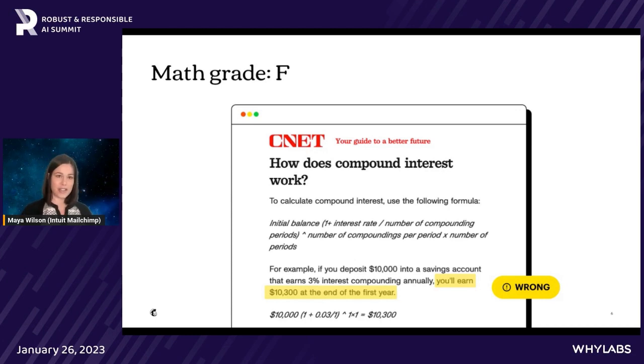CNET, this is a true screenshot, got in trouble last week because they wrote about 75 articles using GPT-3 and they weren't adequately fact checked before they went out. In this one article that was relatively short, there were 5 meaningful inaccuracies. One of them is highlighted here. And while I kind of doubt anyone went bankrupt thinking that they would truly more than double their money with a 3% interest rate over the course of a year, CNET definitely lost their users' trust and credibility because they weren't involved enough in the process using this AI.